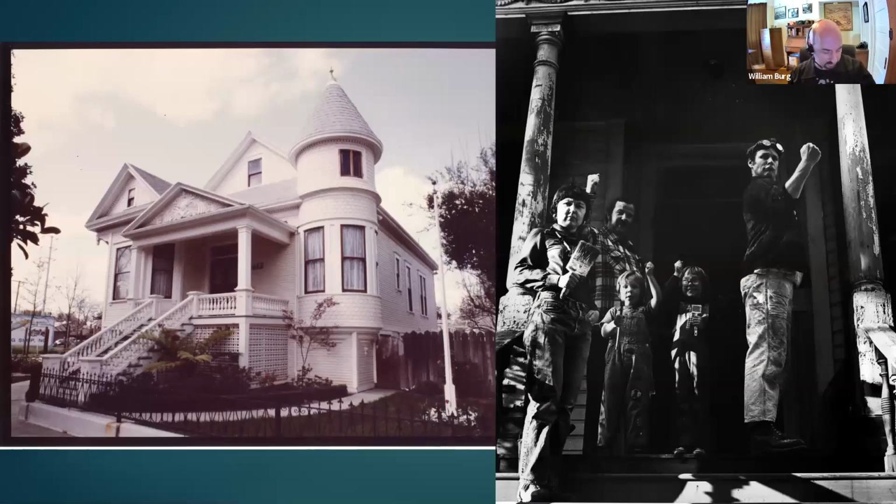Now, preservation in Sacramento worked a little bit differently than it did in LA. The people who started our preservation movement were, for the most part, people who moved in around the late 60s or early 70s. People talk a lot about the Alhambra Theater as the guiding force for the historic preservation movement in Sacramento, and it was important. But it was more important to the people who founded Sacramento Old City Association in 1972.